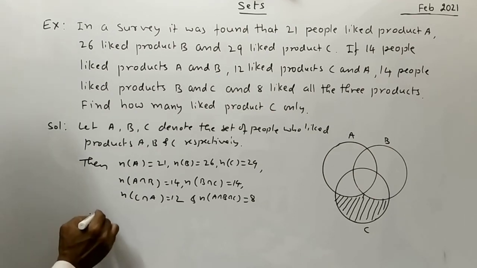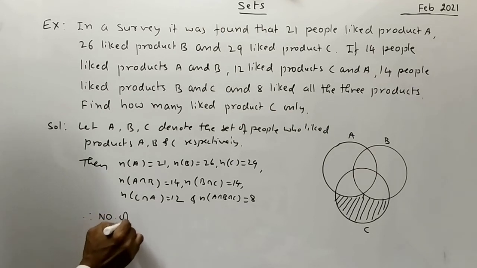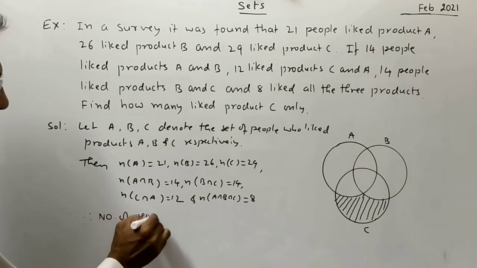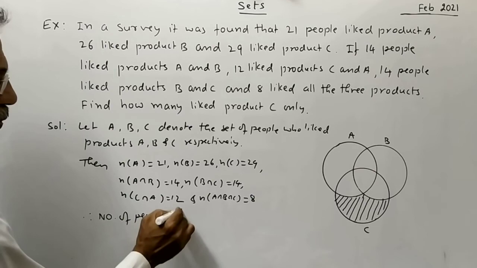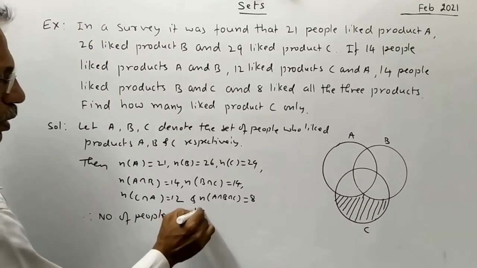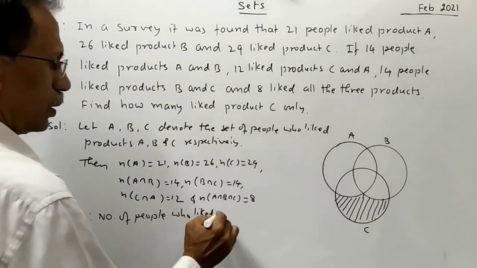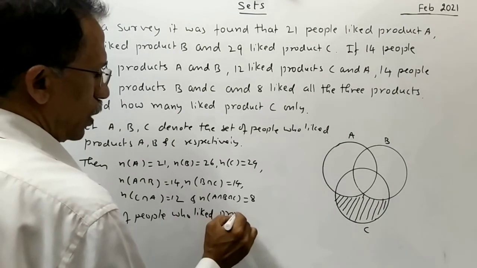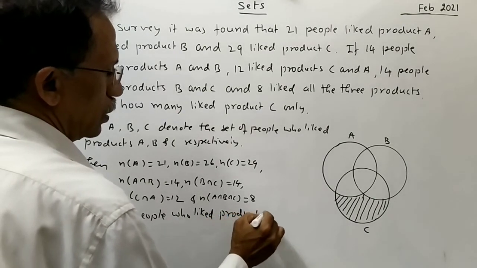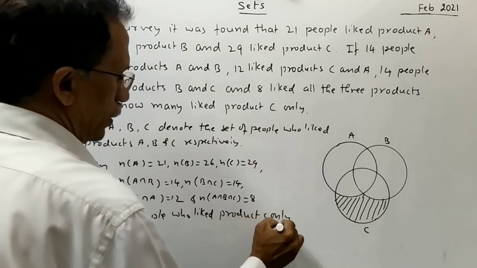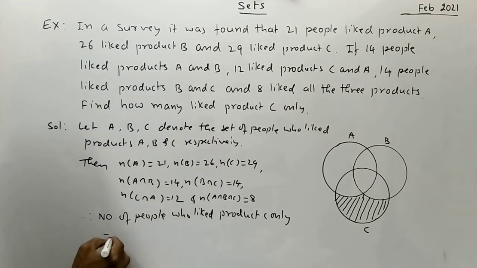Therefore, number of people who liked product C only is equal to